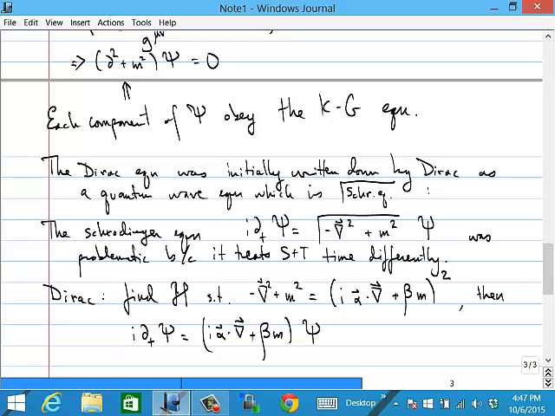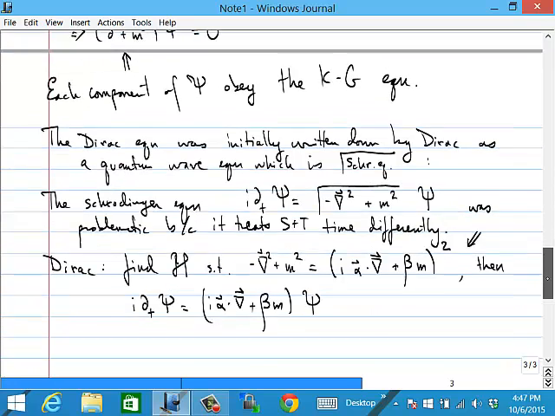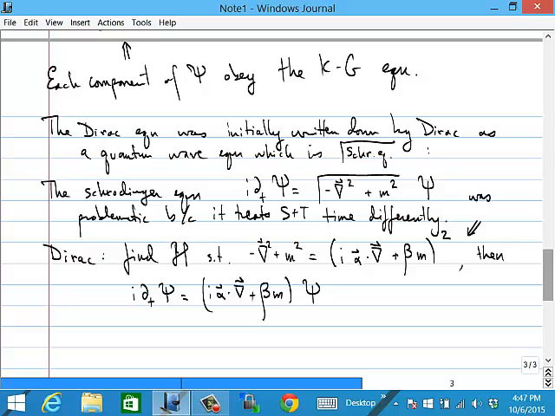And now you can easily convince yourselves that if alpha and beta are just numbers, then it's impossible for this equation up here to be true. Instead, you need to take alpha and beta to be matrices. And in order to determine what those matrices are, let me rewrite this equation in a somewhat more suggestive form. Let me just rewrite it as (i gamma^mu d_mu - m) acting on psi is equal to 0,